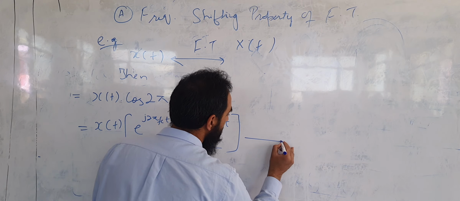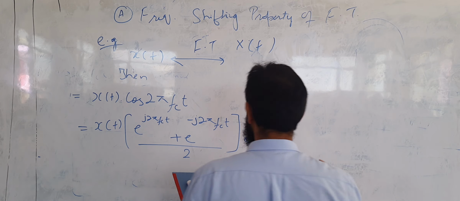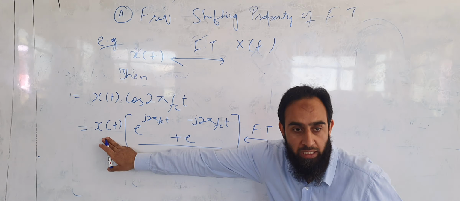So we will now go for the Fourier transform of this signal. The Fourier transform because of this x of t,